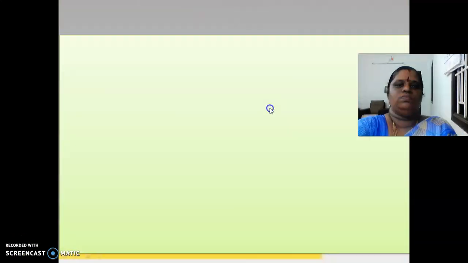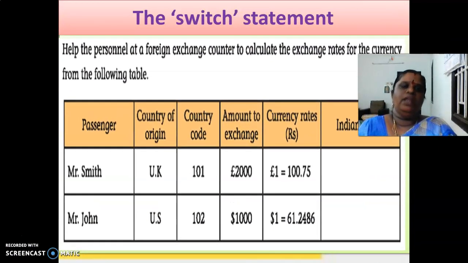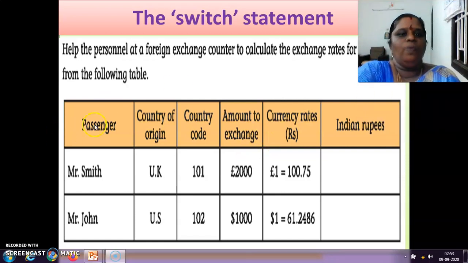The next one is, before seeing the switch case statement, let us consider the following table example. So here there are 2 passengers, they have the country code and the amount to be exchanged.